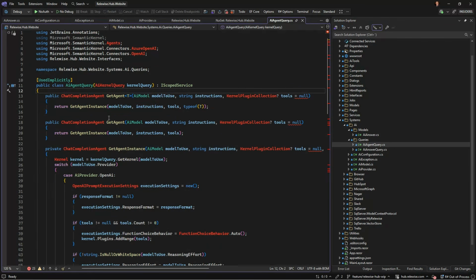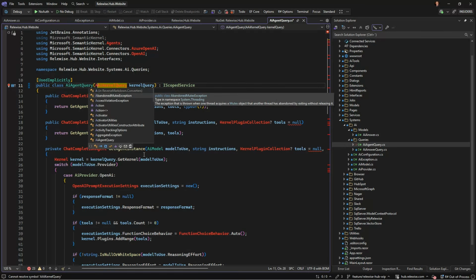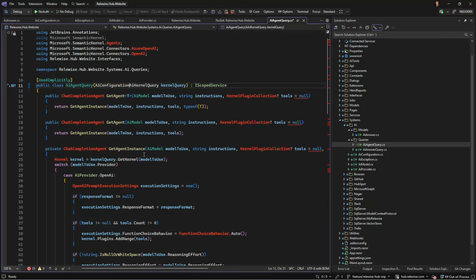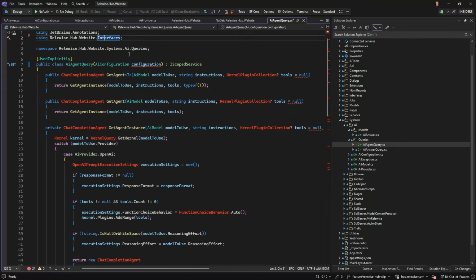But the agent, of course, the agent cannot have a kernel, but I probably need an AI configuration in here then. Let's see if that's... Because the configuration is where my endpoint and keys are and stuff. These, of course, we can't have.